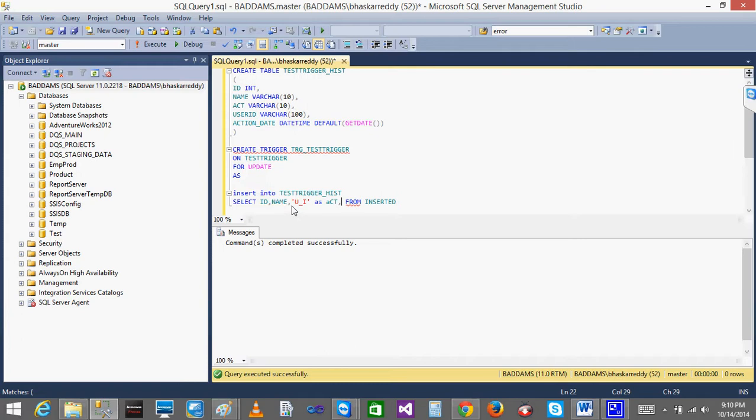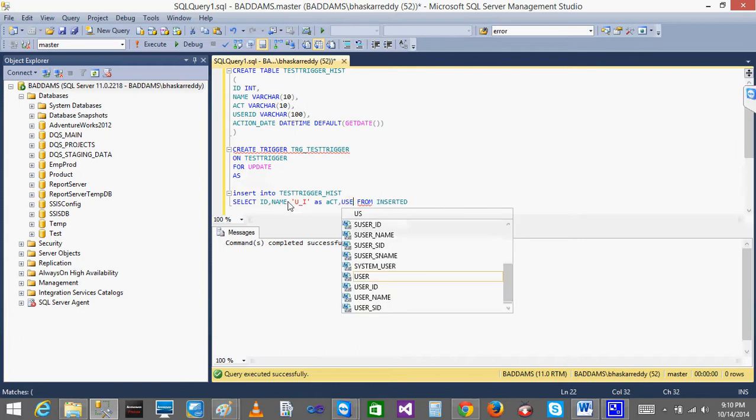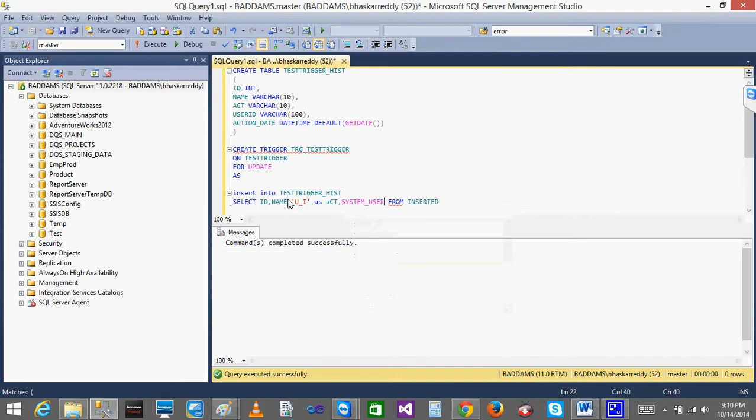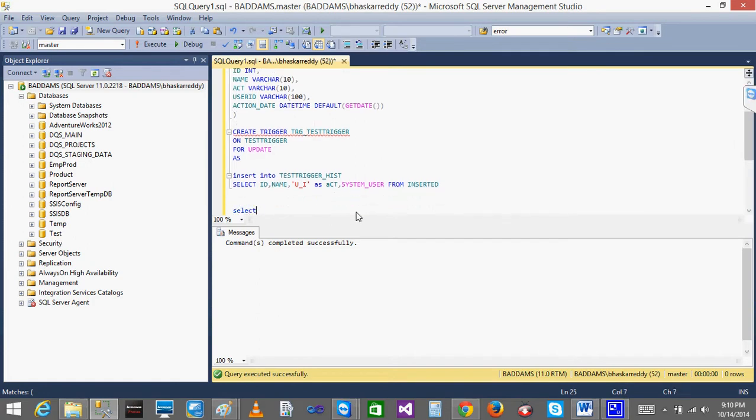Next, user ID. So in order to get the user ID, I think you will be getting called system user. So by default you will be getting the system user. When you do the system user, I think this is a syntax, or I'll just select system user. So when I do, am I getting the system user? Yeah, I'm getting system user. Okay, so they are like predefined system user functions. You can run them. So when I use a system user, it will automatically get the current user, whoever is running on the system. It will get that current user ID as user ID,